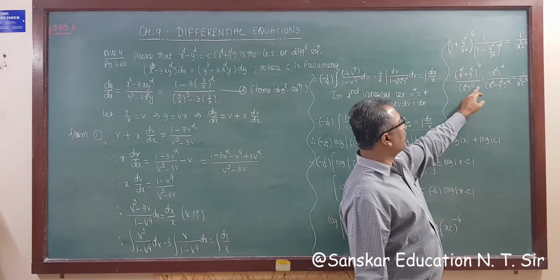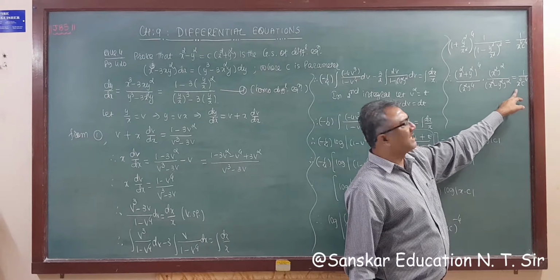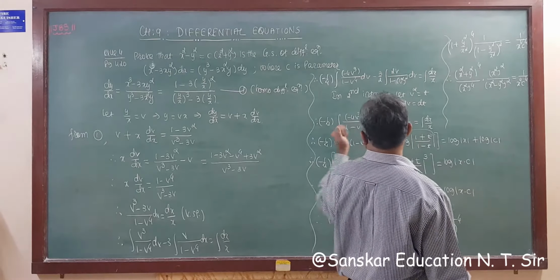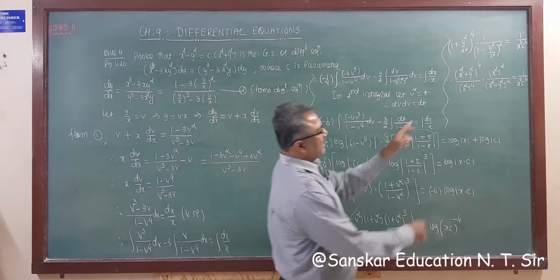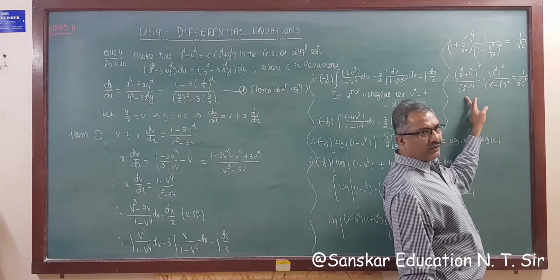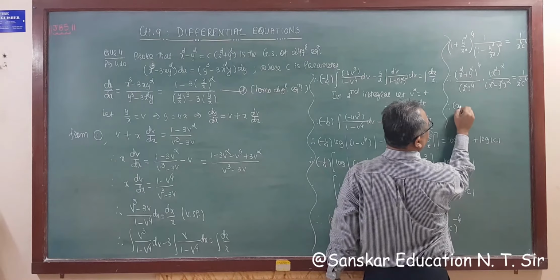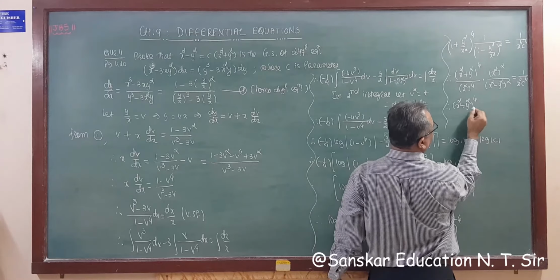This is power 4 into 2, 8, and this is power 4. So this is 4 and this is x raised to 4. That means this is cancelled. So no x term is there. As usual here there is no x term. See, this is 4 into 2, 8 power. This is 4 power. So this is 1 upon 4 and this is 4. That means it's cut. So remaining is x square plus y square raised to 4. Right?